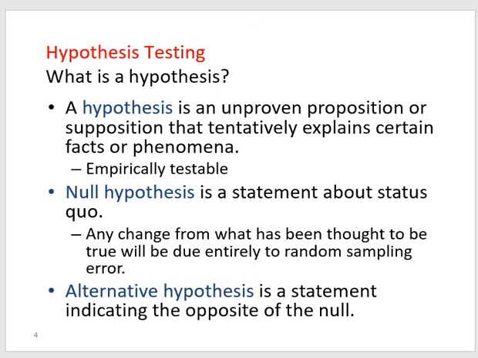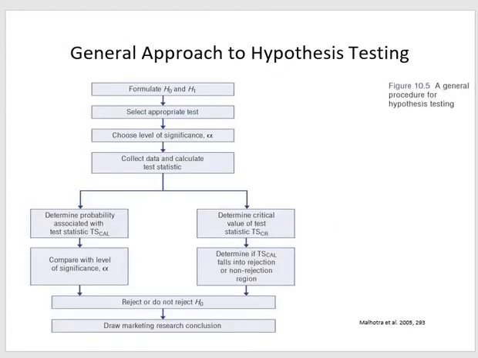We are going to do a deep study about hypothesis testing. Now how is this hypothesis testing actually done? In this particular chart we can see how the steps are followed to check the hypothesis testing. First of all, formulate H0 and H1. H0 is the null hypothesis and H1 is considered your alternative hypothesis.